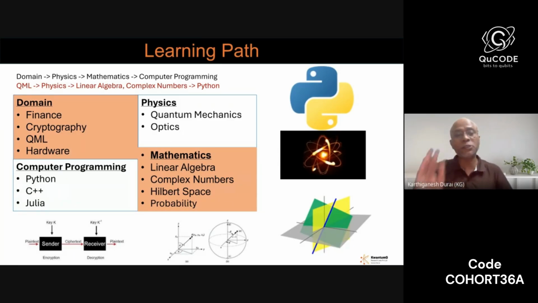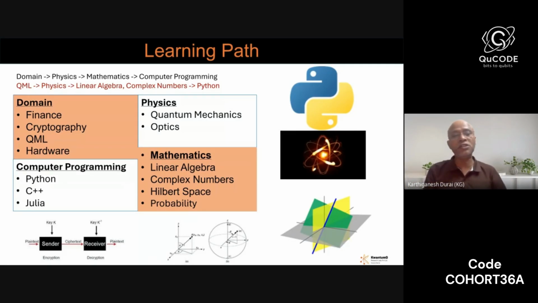You need not be an expert in the domain, but you have to identify this is the domain I want to work in. For example, in my case, I'm a software engineer, then became a data scientist, worked at Dell for 10 years. During that period, I realized that my machine learning, AI, data science knowledge can be applied to quantum machine learning. So I chose quantum machine learning as my domain and then logically progressed into a quantum career using quantum machine learning. Like that, you have to identify.